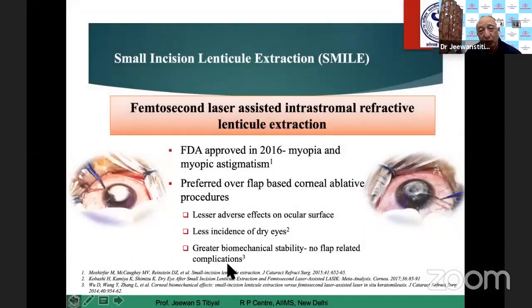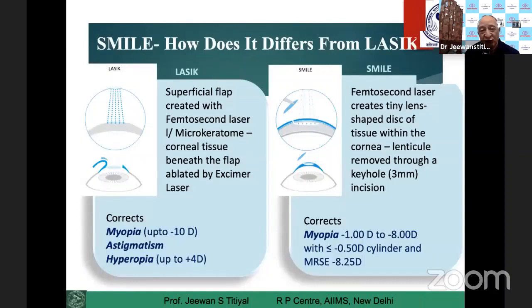So whenever we do a flap making, ablating the cornea to remove the corneal tissue, or taking out this lenticule, we are decreasing the corneal thickness. Indirectly, this may also be causing a decrease in our corneal hysteresis. Therefore, biomechanical strength of the cornea is important to decrease the future complications, the dreaded complication named ectasia. So we hope that the modification of laser ablative procedures might decrease complications like ectasia in these cases.